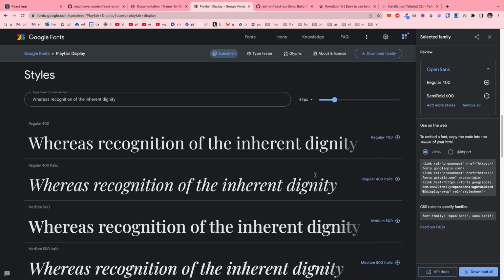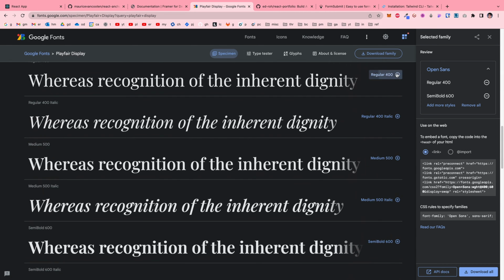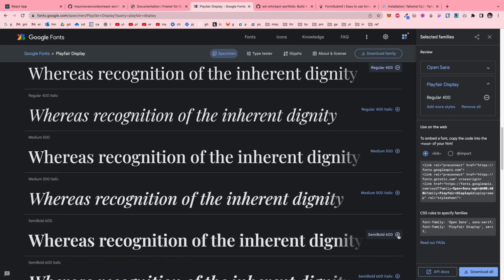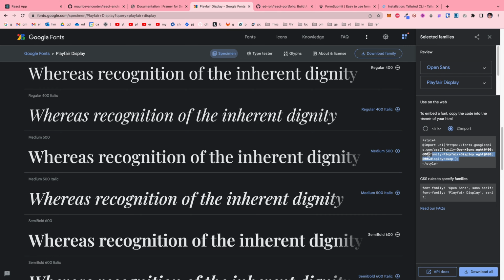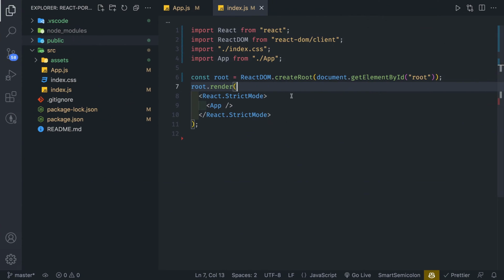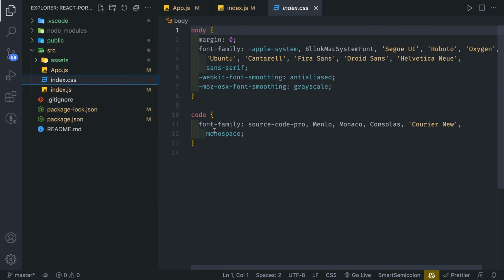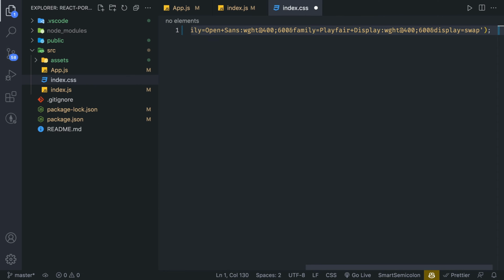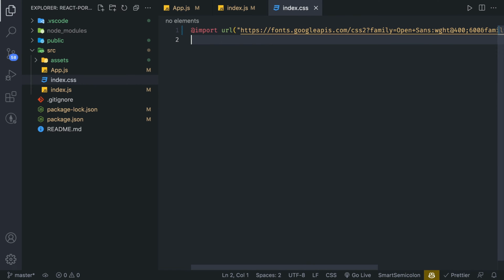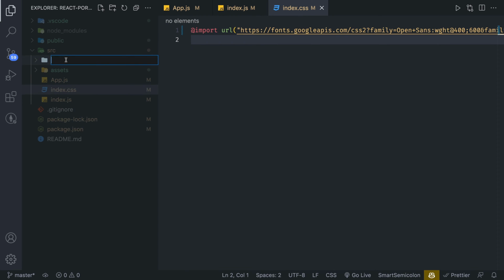And then from here, we're also going to add regular 400 and semi-bold 600. And once we have that, we can go to the @import link, and then we can copy the @import, and we can go into index.css. We're going to remove all this code, and we're going to just copy and paste into there, and we're going to save it. There's one more thing I want to add, and we're going to create a folder called hooks,